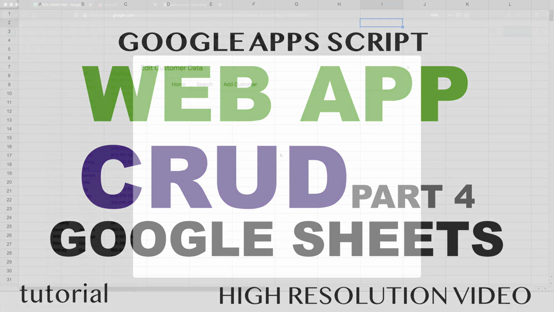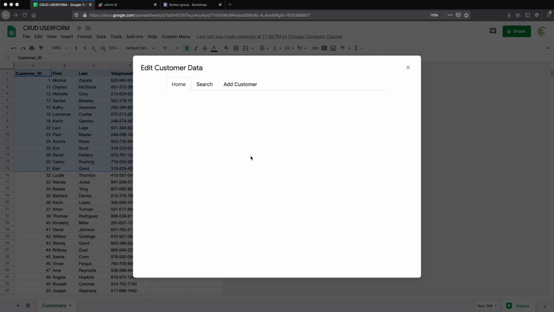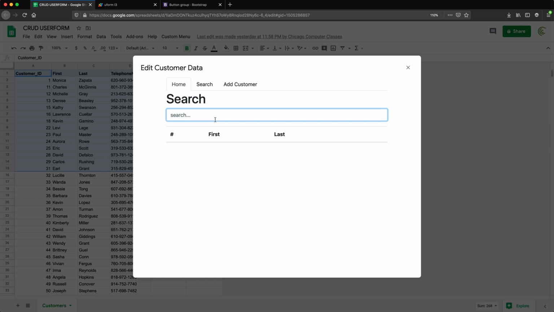Alright, so in this video, we're going to try to add edit functionality to our user form. However, before we do that, I want to address something I forgot to do in the delete section. So let me show you what I'm talking about. Right now, if I go here and search for one of the people in here,